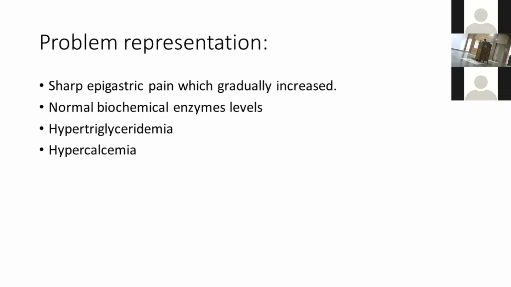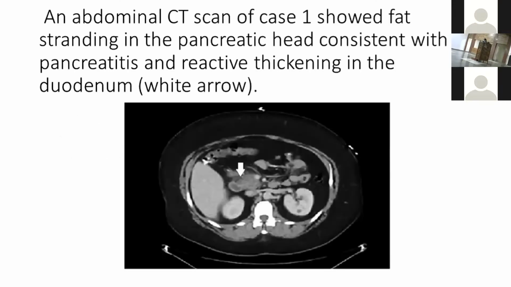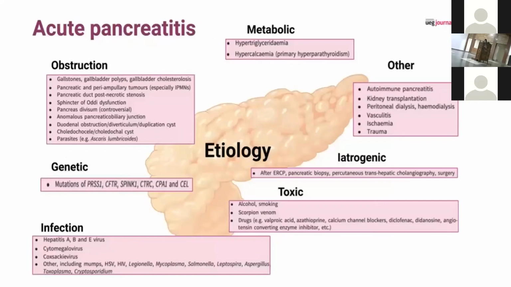Problem representation: sharp epigastric pain which gradually increased, normal enzyme levels, where lipase and amylase were normal, and hypercalcemia which was around 11.2. This is the CT imaging, which showed peripancreatic stranding in the pancreatic head consistent with pancreatitis pain, and also reactive thickening in the duodenum. Coming to etiology of acute